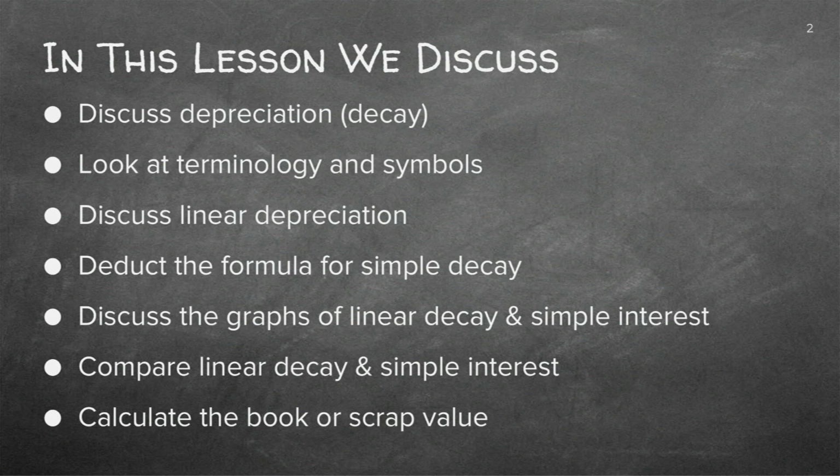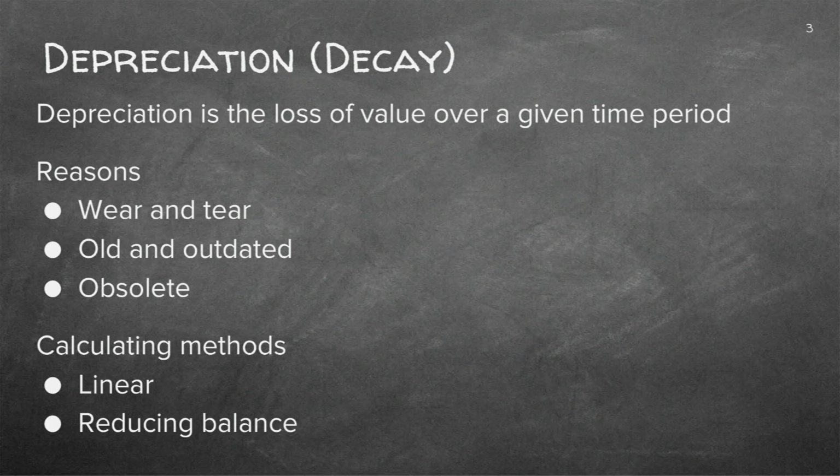We're going to look at the book value or the scrap value of a car or a bus or whatever at the end of a certain period, and we're going to use the compound formula for that. But it's always better to start with the problems and see what it is. You can read through this on your own. Let's just see what the reasons are. Why are we doing this?